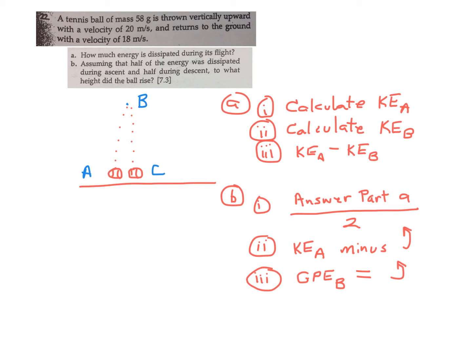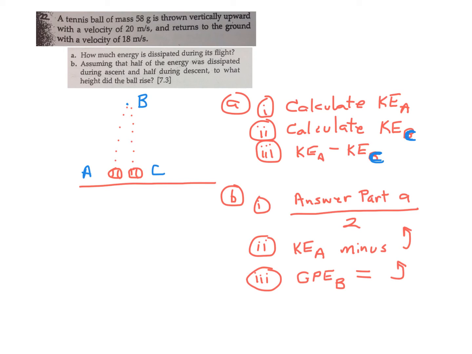So what you will want to do is calculate the kinetic energy at point A. That's my first step over here on the right. So that's your first step. Calculate the kinetic energy at A, because you know the mass of the ball and the velocity of 20 meters per second. Actually, this is a mistake here, it should say calculate the kinetic energy at C. That should be a C right there,